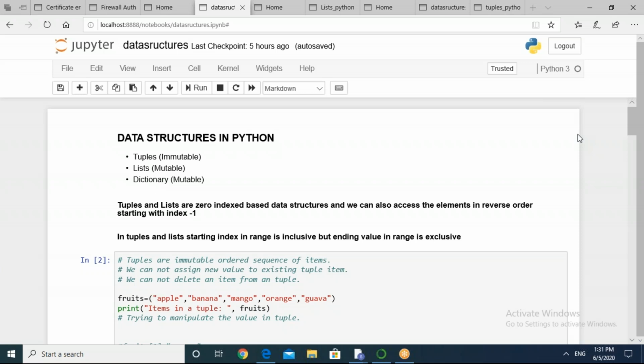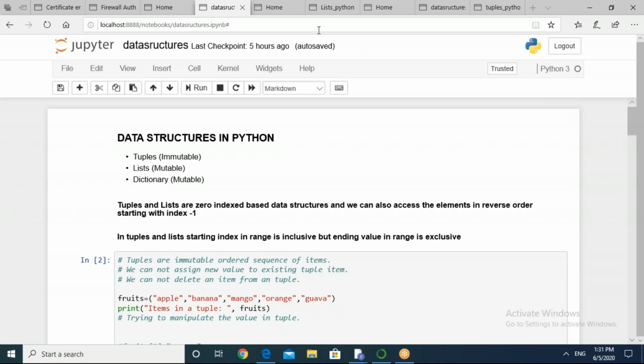So the decision for choosing one among those depends upon your need. If you want that the data should not be updated mistakenly, and you want to keep it intact, you don't want somebody to make changes, then tuple kind of data structures are used. And when you want freedom at your end to modify things in terms of addition, deletion, modification, searching, all kinds of operations, then prefer mutable data structures, which are lists and dictionaries as well.